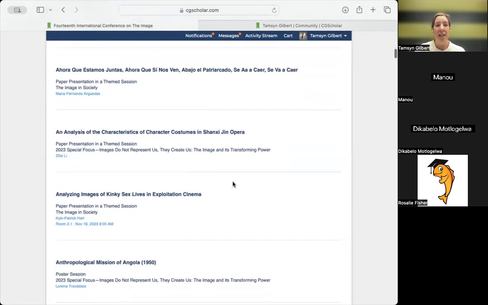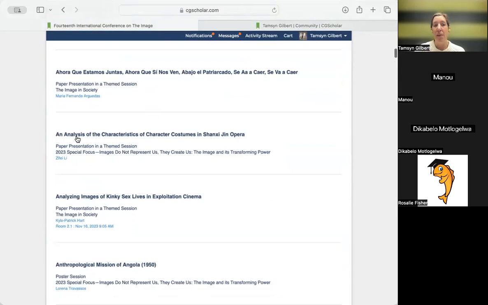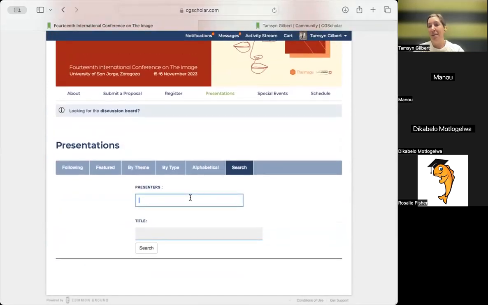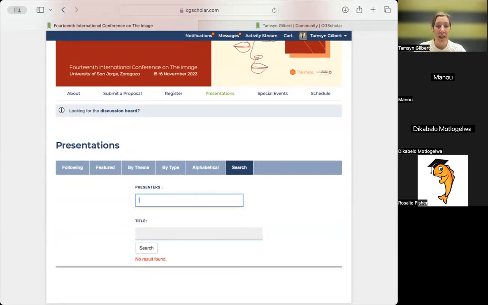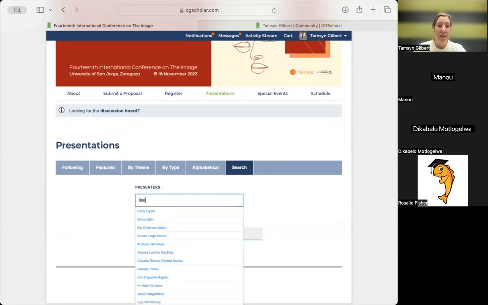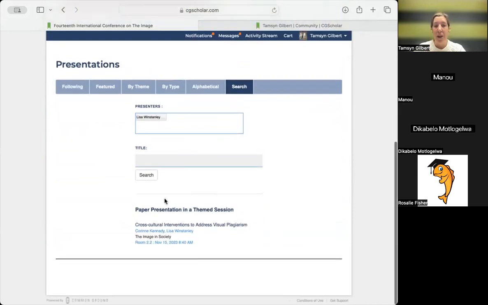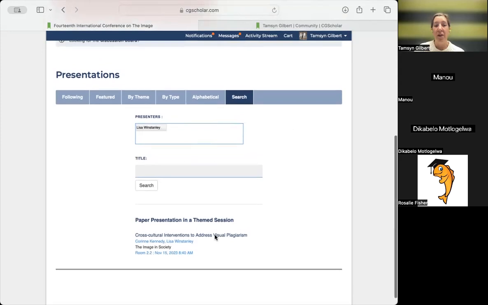Alphabetical is exactly what it sounds like, except you might want to make note that it's alphabetical according to the title of the presentation. And then this is a search function. Say you remember that you've met someone and you can't remember the title of their presentation. Or let's just see, Manu, if we go, let's see if we can put tomorrow, let's see. Who are we going to search? Someone. Oh, I know Lisa is presenting. So we can see Lisa there, search her, and we can see that she's presenting in room 2.2, November 15th at 8:40 a.m. So we can go ahead and click on the title there of her presentation, follow that presentation